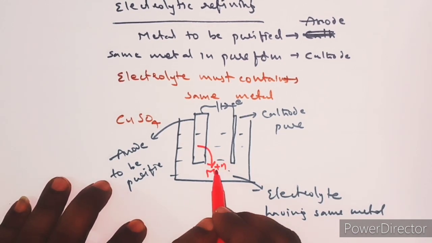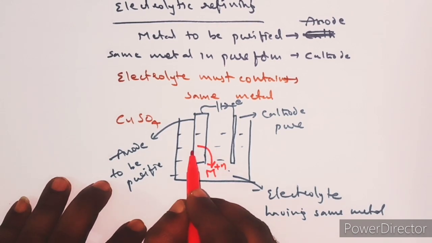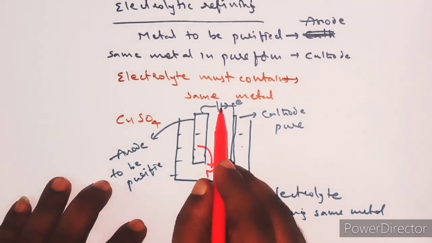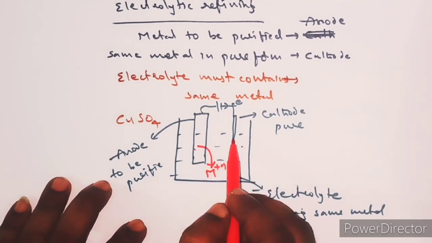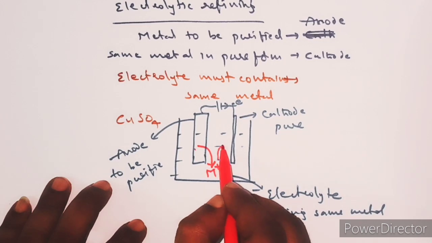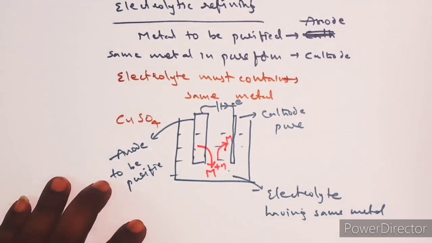The metal ion concentration is increasing and the anode concentration is decreasing. In the aqueous solution, the metal ion concentration is increasing. And the electrons released here will be deposited on the cathode. So now the cathode is carrying a negative charge. Therefore these metal ions will migrate towards the cathode electrode and they will be deposited on the cathode here.